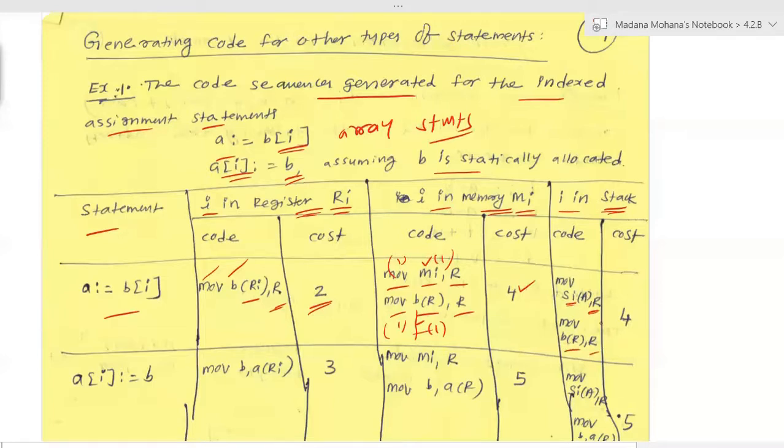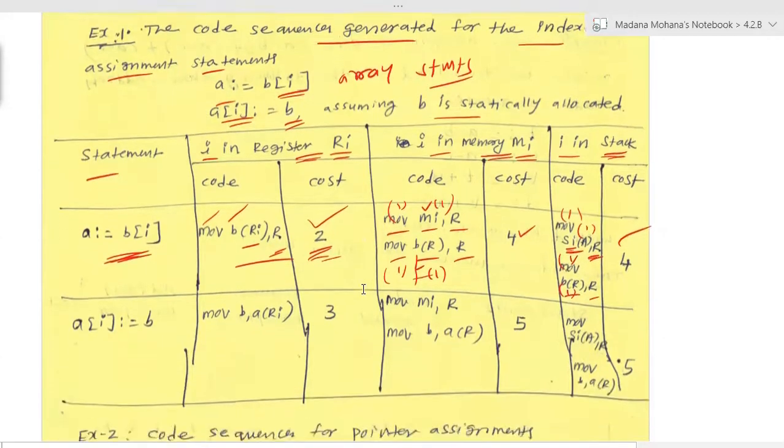Then if you use stack based, MOV S(Ri)(A), R, then MOV b(R), R. Here first, for the stack location it takes 1, move takes 1, for b takes 1, for move takes 1, for register it won't take cost. So 2 plus 2, total cost 4. Here the first statement in the register case cost is low, but any one sequence you have to follow. But suppose in the first case cost is low, in the second case cost is low, like that. You can use any one complete combination with the minimum cost.